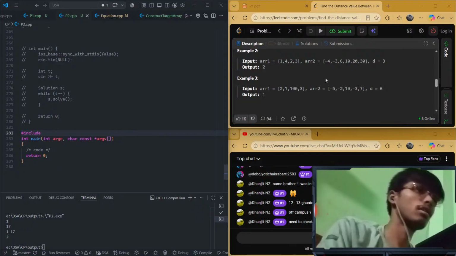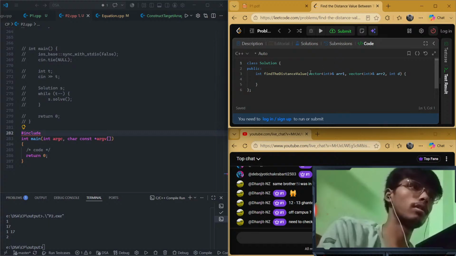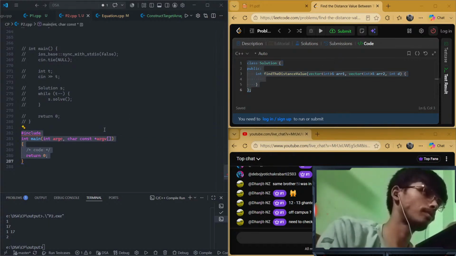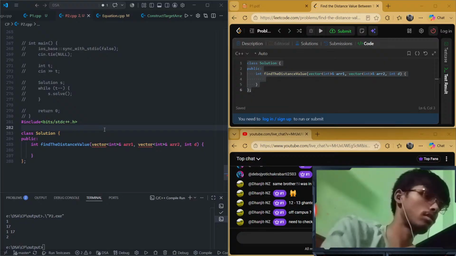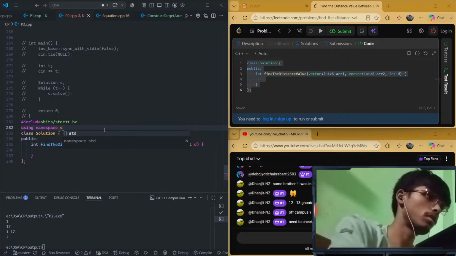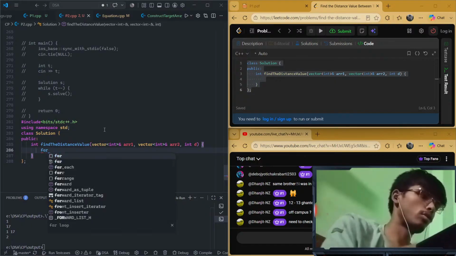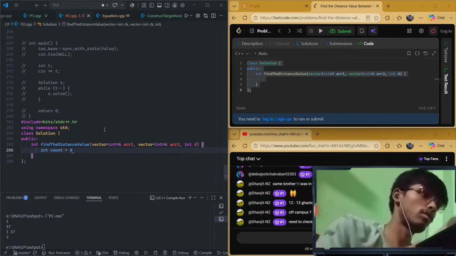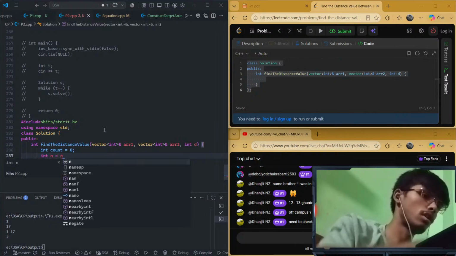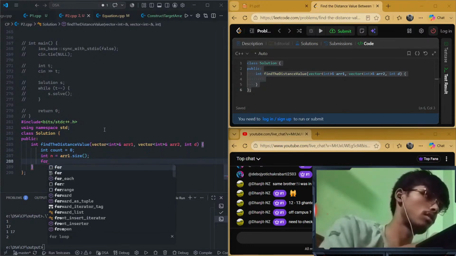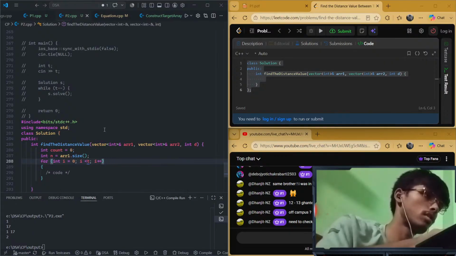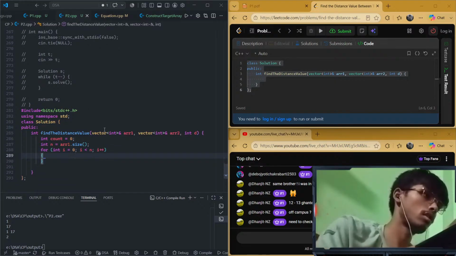Okay, so the basic idea is int count, which is equal to 0, and it adds array1 dot size, and there is one for loop in which I consider whatever the n is, and int value, the value is equal to